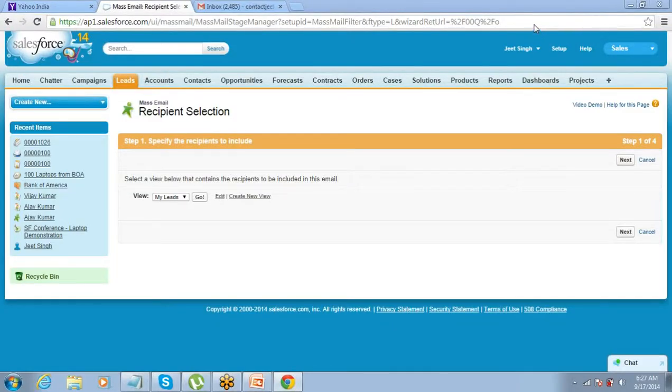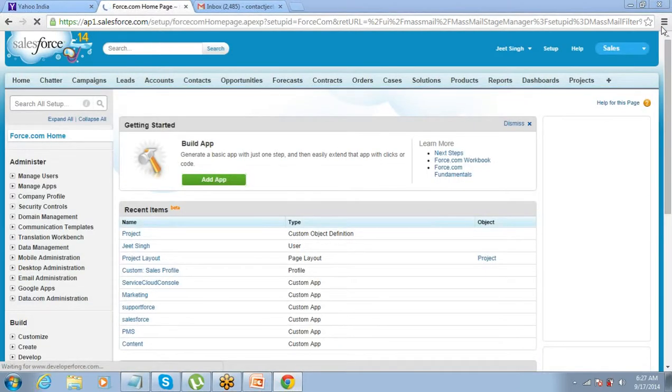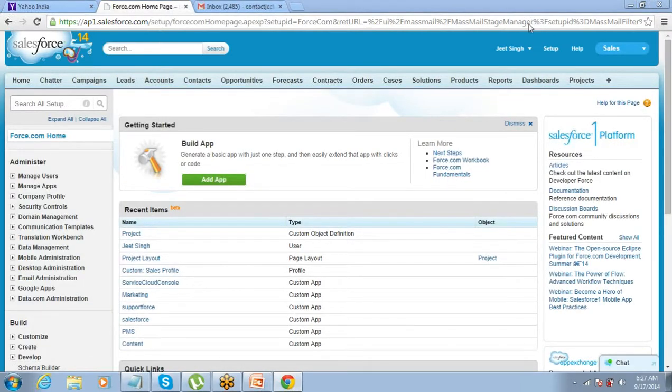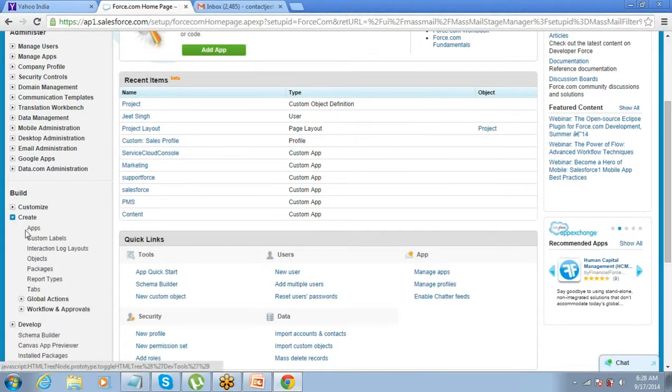It's easy to create. It's more like a custom object, custom application that we have created. You can create it by clicking on setup, create apps.